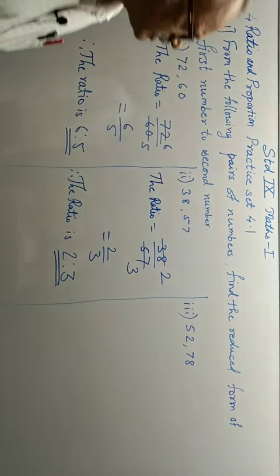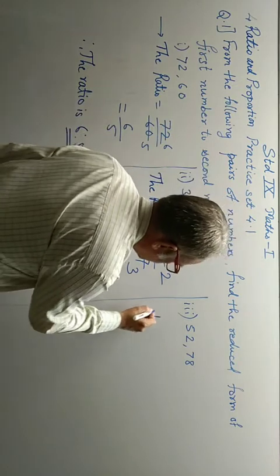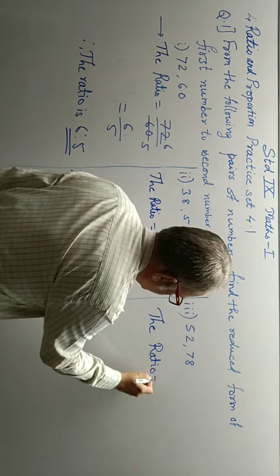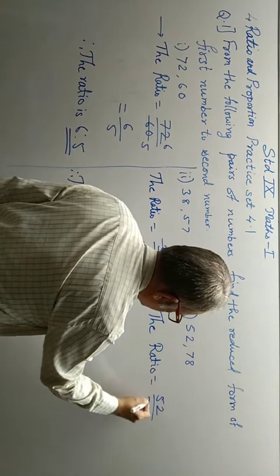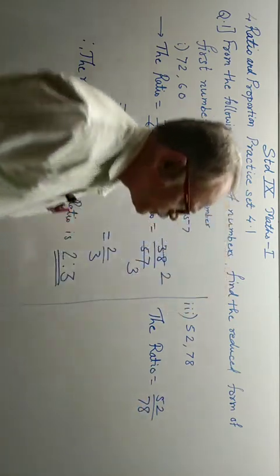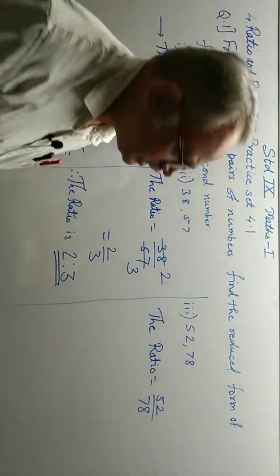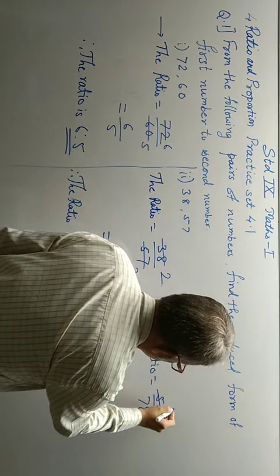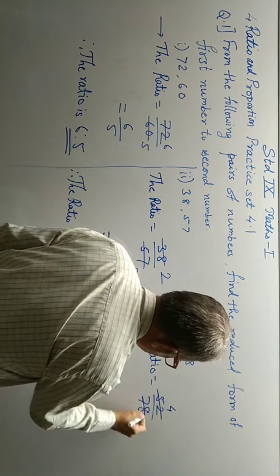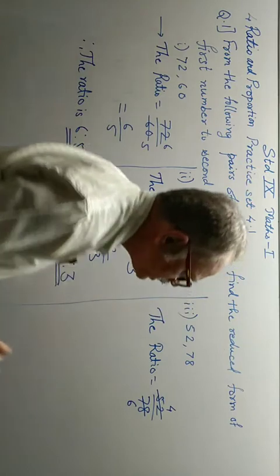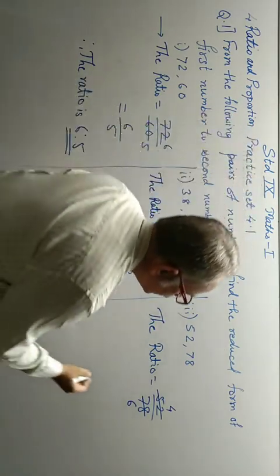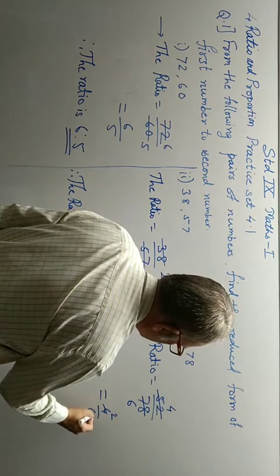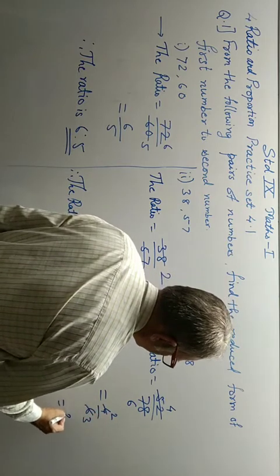And again third in the same form, the ratio we have to find, ratio of first to second, first in numerator, second in denominator. If you know the 26 table, you can do directly. If you don't know the 26 table, then you can do by 13. 13 4s are, 13 6s are. At least the 13 table you must know. Equal to 4/6. Again cancel. 2 2s are, 2 3s are.